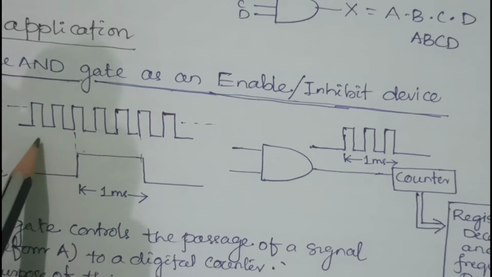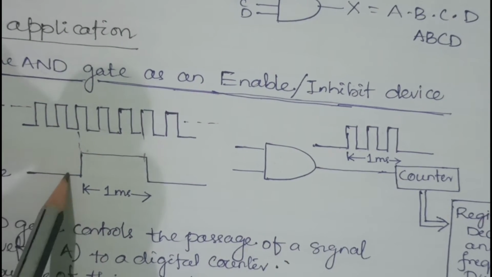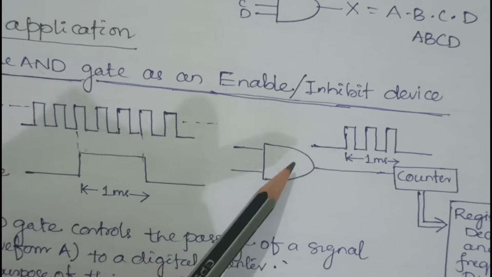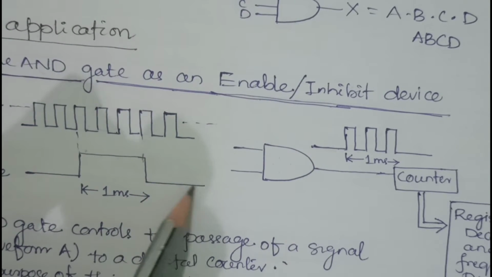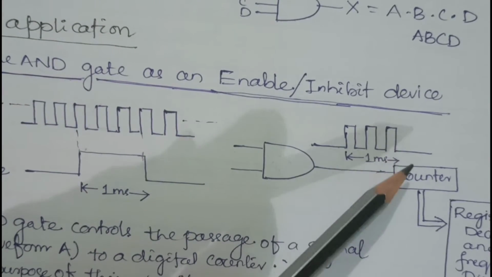And you see for these two parts, this signal is high but this signal is always low. So when one input is low, my output will always become low for this AND gate. Similarly from here onwards, in this time interval one input is low, so whatever the second input may be, my output will become low.